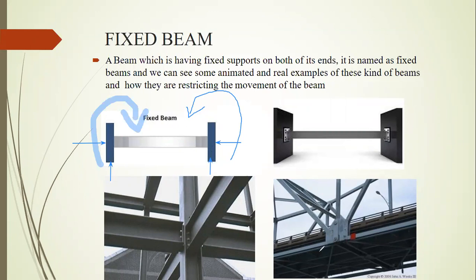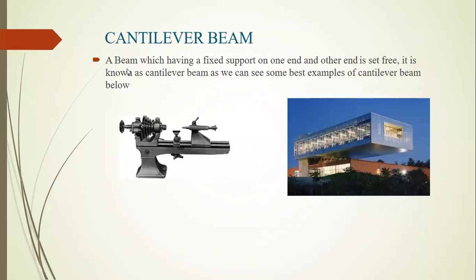Okay, so you can see examples of a fixed beam. If the beam is fixed to a column by means of bolts, these are called fixed beams. In a fixed beam, there will be 6 reactions, so you cannot determine the support reactions with the help of equations of equilibrium. So these beams are called indeterminate beams. A fixed beam is an example of an indeterminate beam. Fixed beam means both ends are fixed.